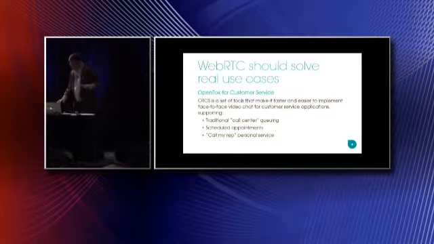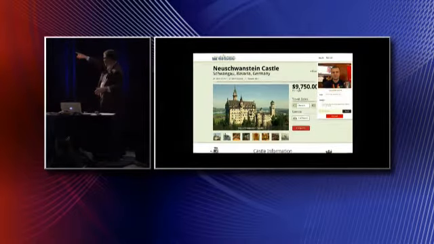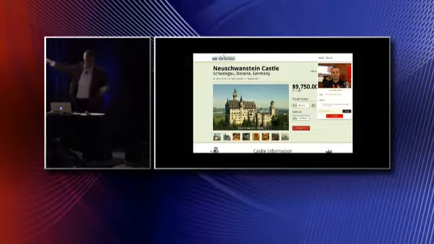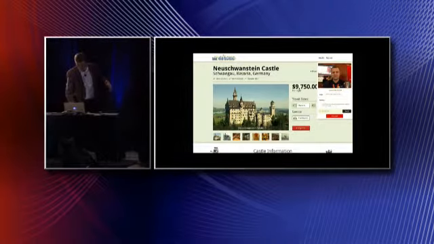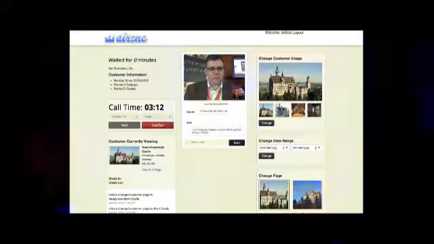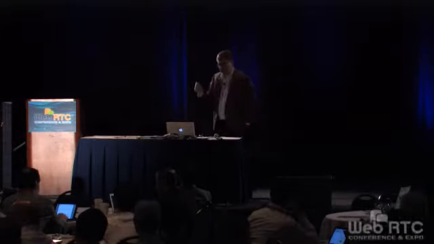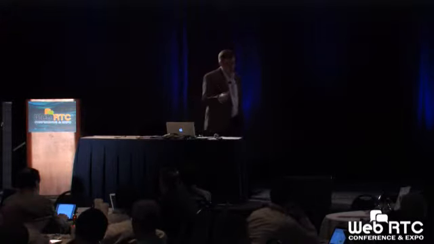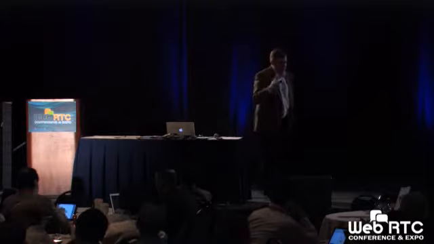So I thought what would be nice to show you this afternoon is, you saw the front end. That's the customer experience, that's what we demoed this morning. This was actually the back end that people were using to control what's going on. And one of the things you'll notice is that the back end is not the same as the front end. Everybody starts this, and the first thing they say is, we need screen sharing. And the answer is, no, you don't. You need screen control. You don't want screen sharing because the tool that the rep has needs to be different than what the customer is looking at.